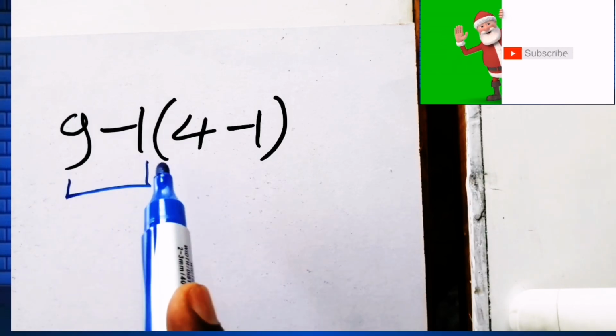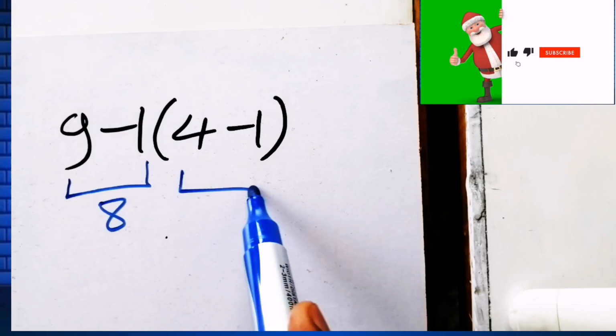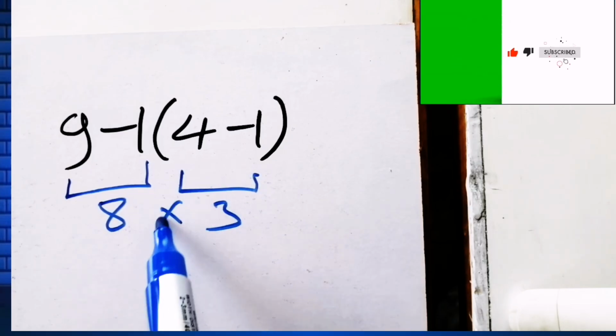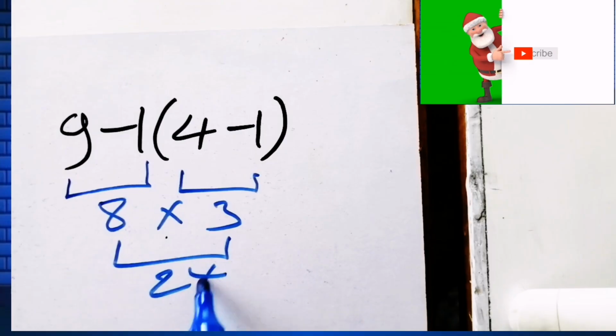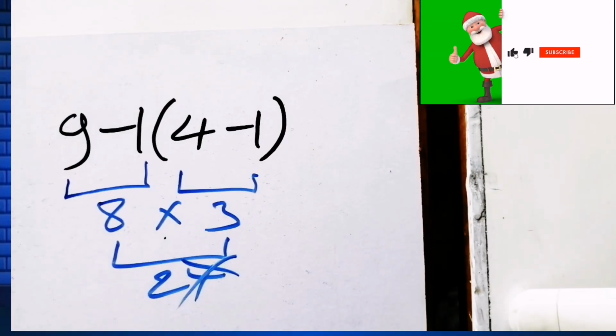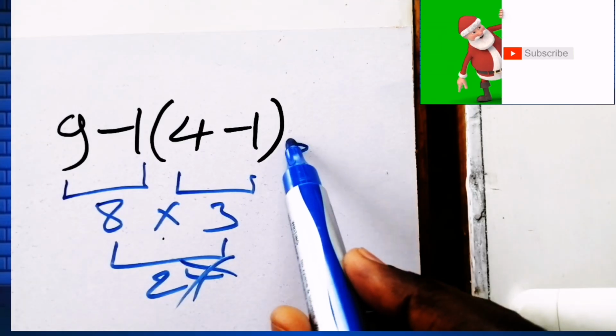9 minus 1 which equals 8. Here, in the parentheses, 4 minus 1 which equals 3. Okay, then 8 times 3 which equals 24. But this answer is not correct because according to the order of operations, PEMDAS, first we have to do parentheses,